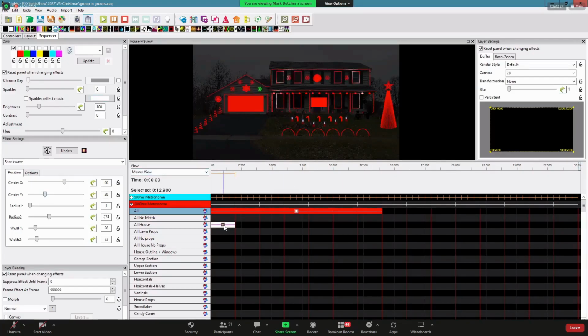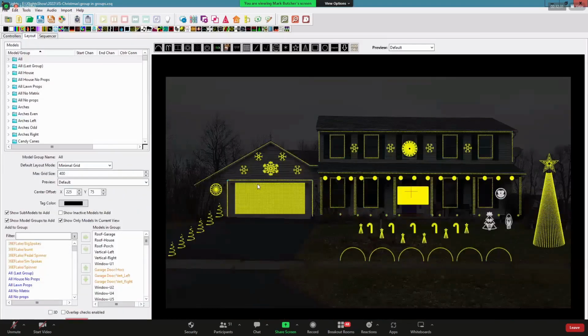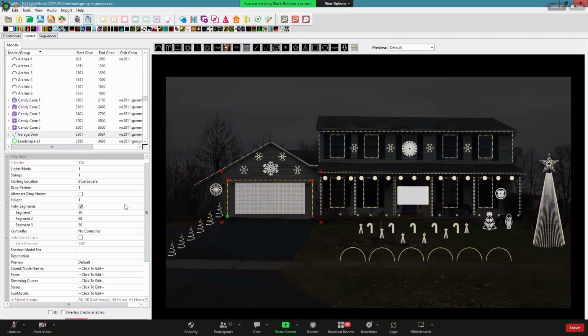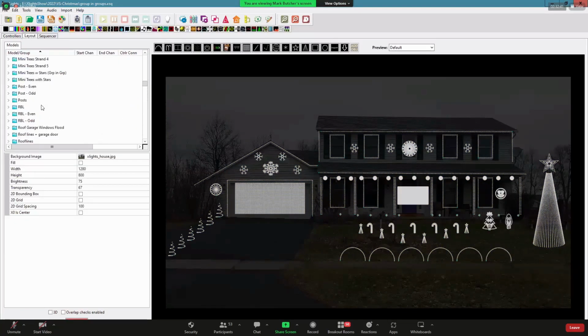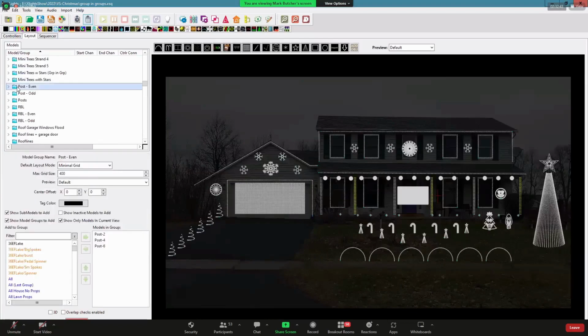Mark, back in layout for a group, somebody wants to know what tag color is. I'm not sure I've ever seen anybody use it. Can you change it? Maybe see where it shows up? Oh, back where you were in the groups. Right in the middle of the screen, click on any of your groups. Just below your center, there's a black box that says tag color.